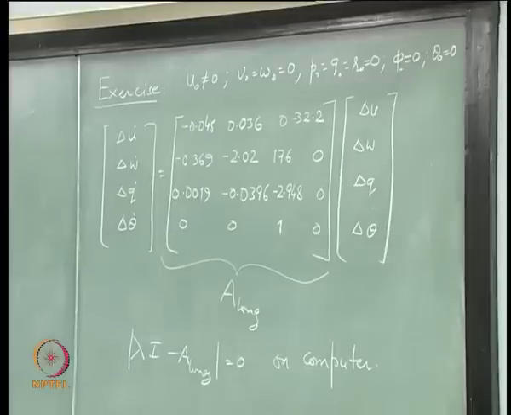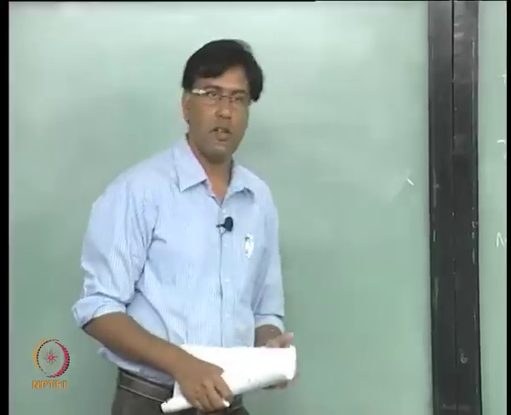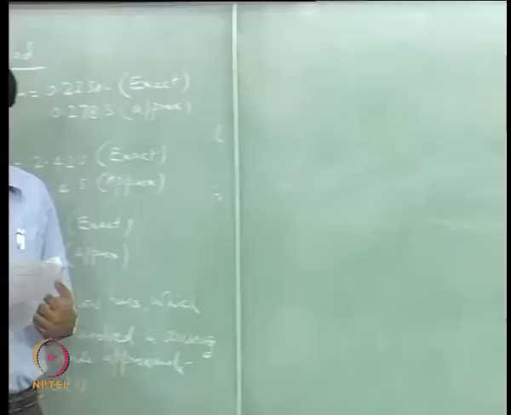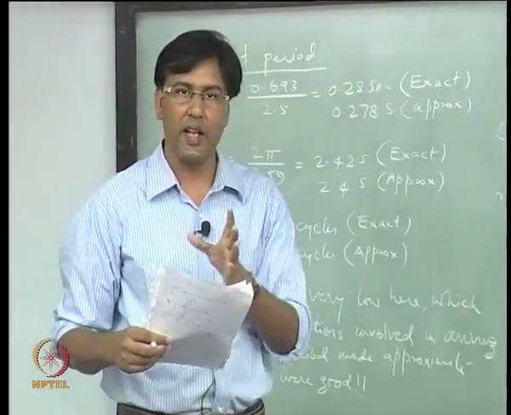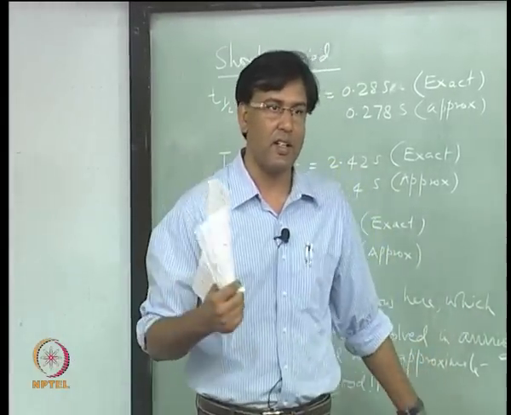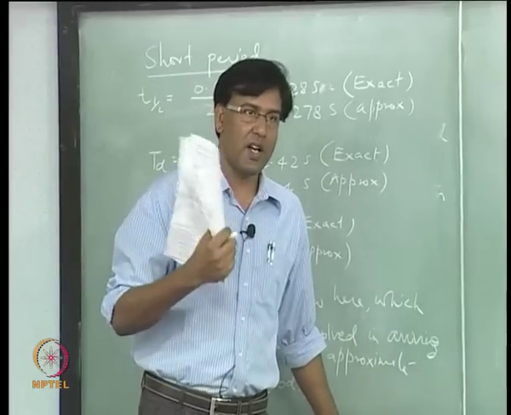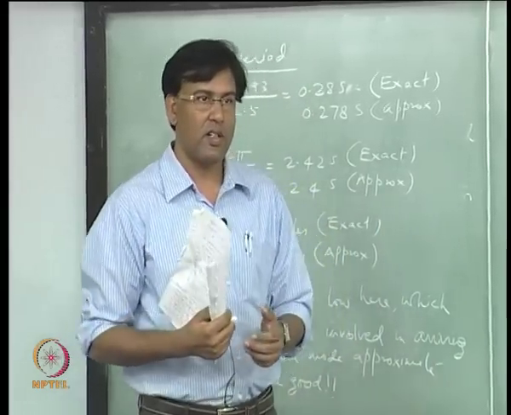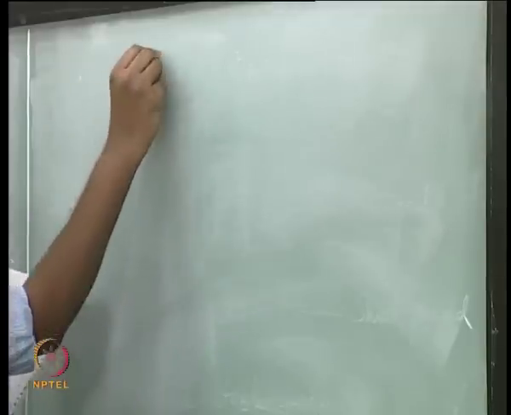So, I am trying to find out the eigenvectors corresponding to the short period mode and to the phugoid mode. And let us also try to non-dimensionalize the eigenvector. We have to keep some scale. An eigenvector is a general eigenvector, right. There is no exact number attached to it, it is with respect to something, right. So, what we do is we do some non-dimensionalization and look at the eigenvectors.